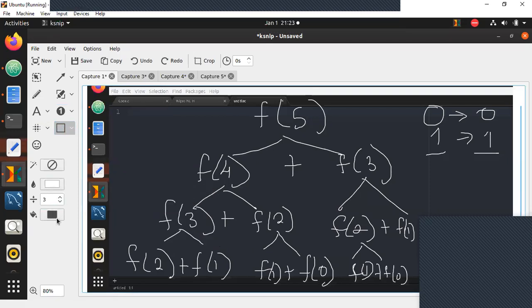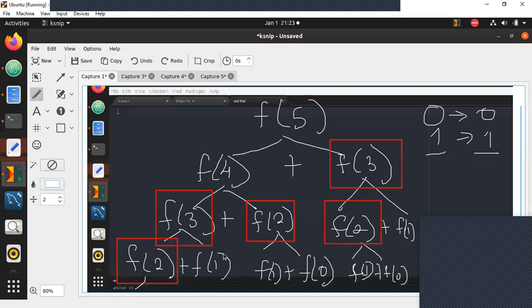Observe here, guys. Once, twice. Fibonacci of 2, how many times are we calculating it? Once, twice, thrice, because even this will be divided into Fibonacci of 1 plus 0.